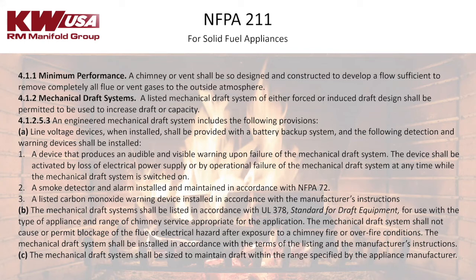Also, when you have a mechanical draft venting system in place on a solid fuel appliance or fireplace, you're supposed to have an audible or visible warning upon failure of the draft system, which all of our controllers have. You're supposed to have a smoke detector in the room, maintained in accordance with NFPA 72. And you're supposed to have a listed carbon monoxide warning device installed in accordance with the manufacturer's installation instructions, of course,